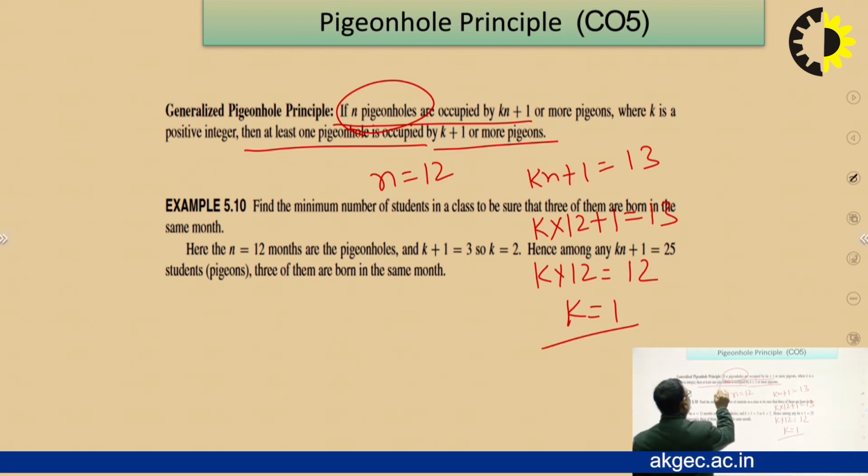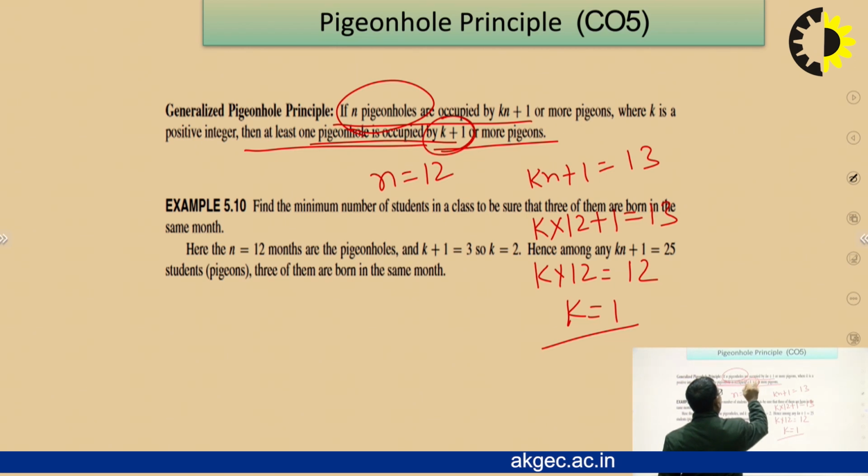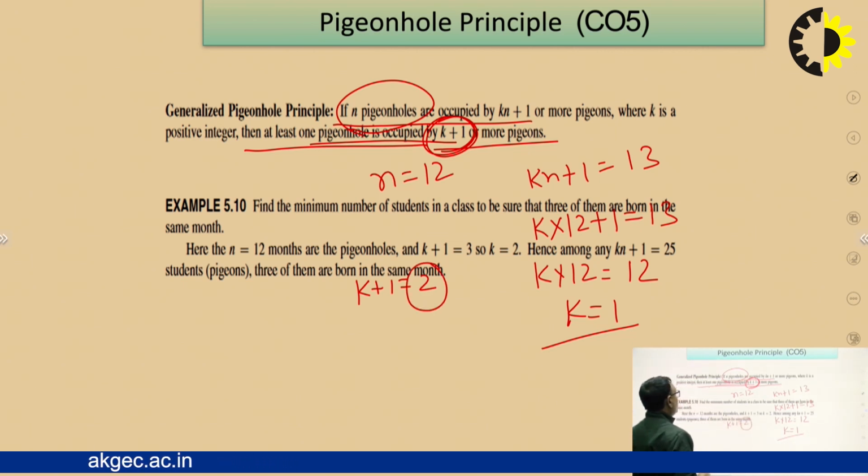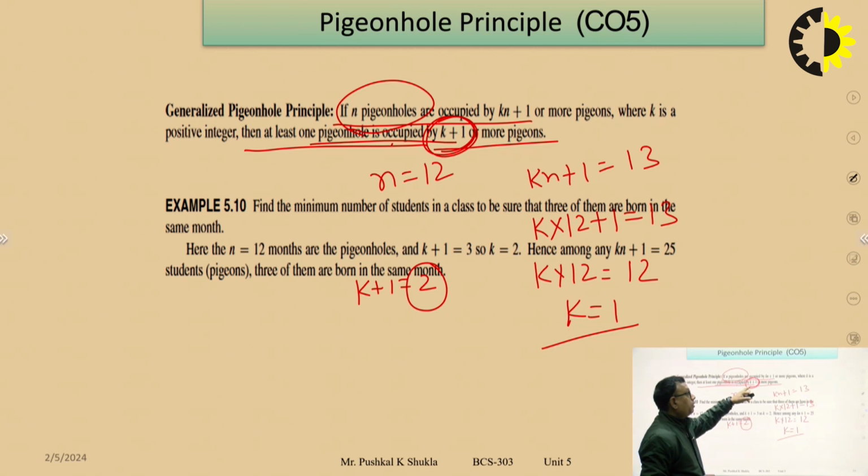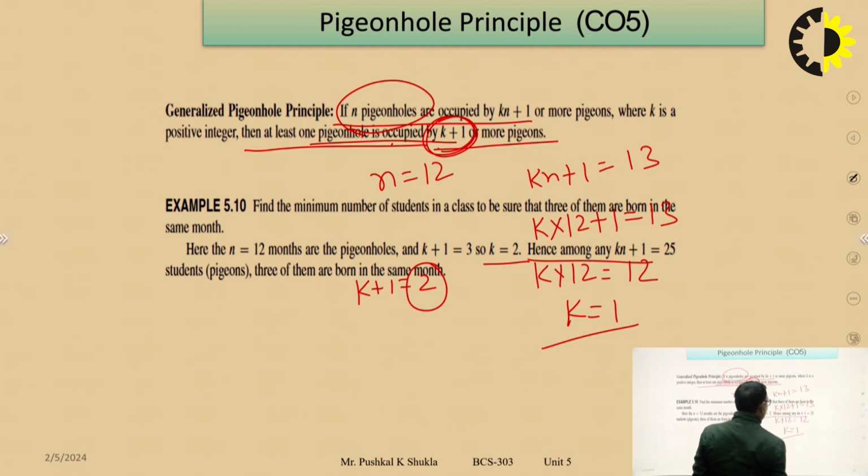Then at least one pigeonhole is occupied by k plus 1. k is equal to 1, so k plus 1 equal to 2. So at least one pigeonhole is occupied by 2 or more pigeons. So k equal to 2, hence among any kn plus 1,